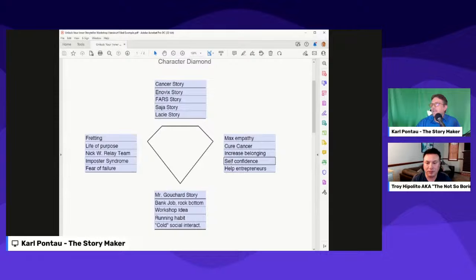Yeah, and so that shows how it informs wanting to help improve self-confidence and help entrepreneurs. On the right side of my character diamond, that's where this imposter syndrome feeling informs the sort of impact I'm trying to have on the world, because I understand how it feels to be trying to grow a business and sometimes be unsure, not be completely confident in what I'm doing every single moment. But when you don't feel that, it means you're not growing and improving yourself. So that's the aha moment I had yesterday that led to a post that is getting some good interaction today.